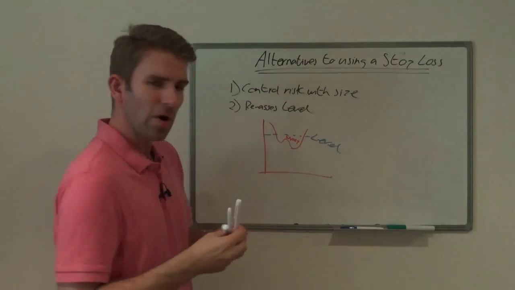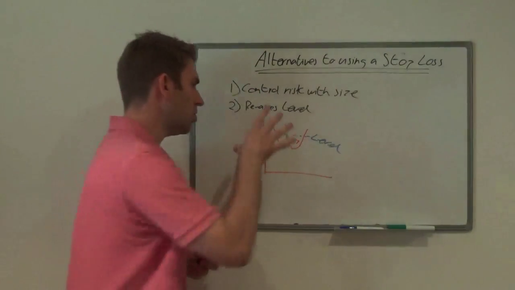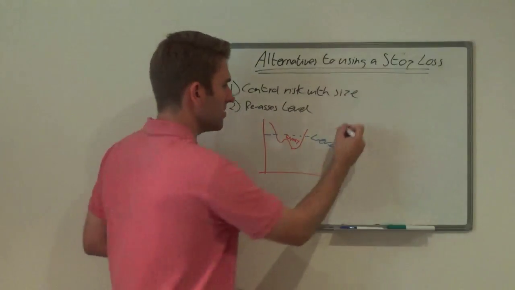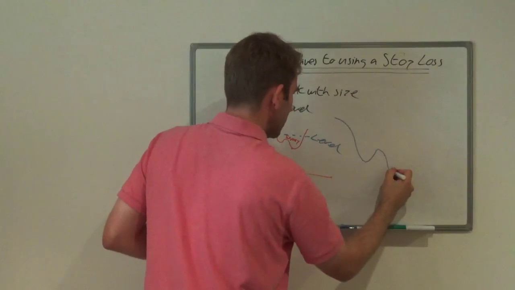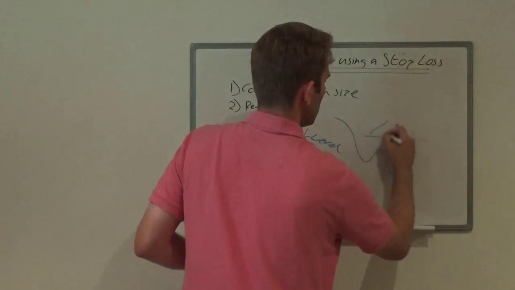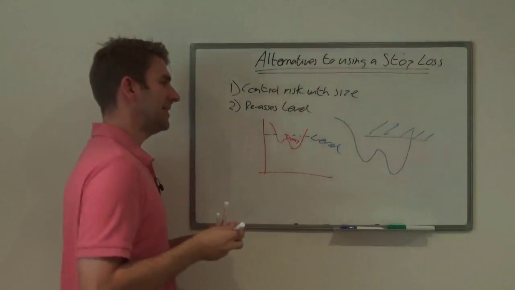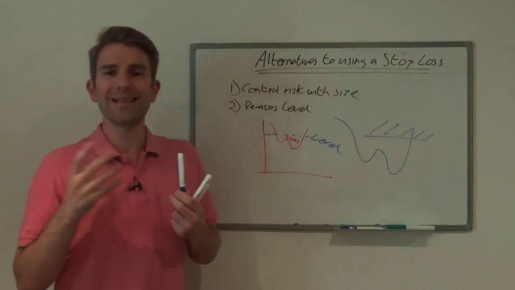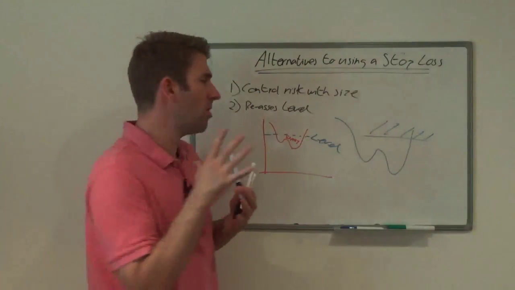In other words, we're not going to stop out of it, but we're going to look at it and say, is this trade still okay? So as we've come down, we've pushed back up, we didn't go too low, we've pushed back up here. This is our reassess zone. We're looking at it. Do I want to keep it? Do I want to close the position? Do I want to add to the position? What do I want to do? How do I want to work it?